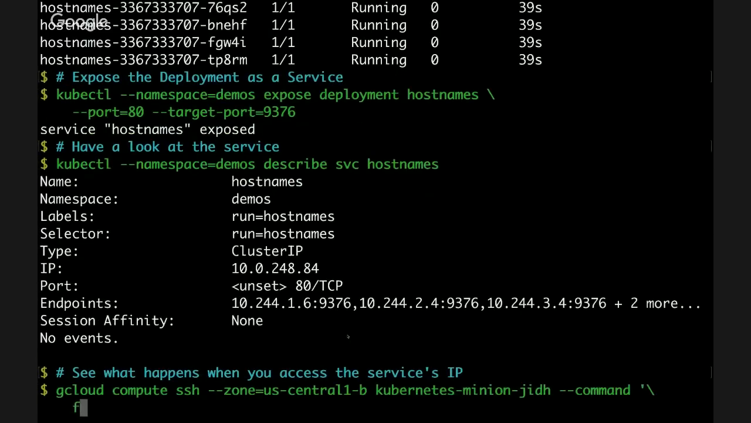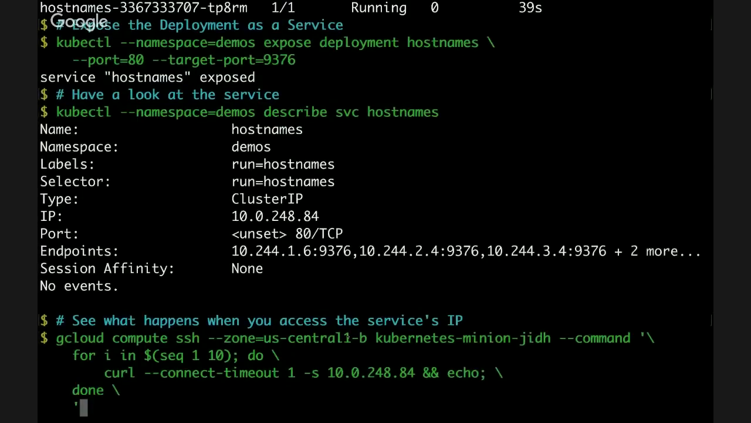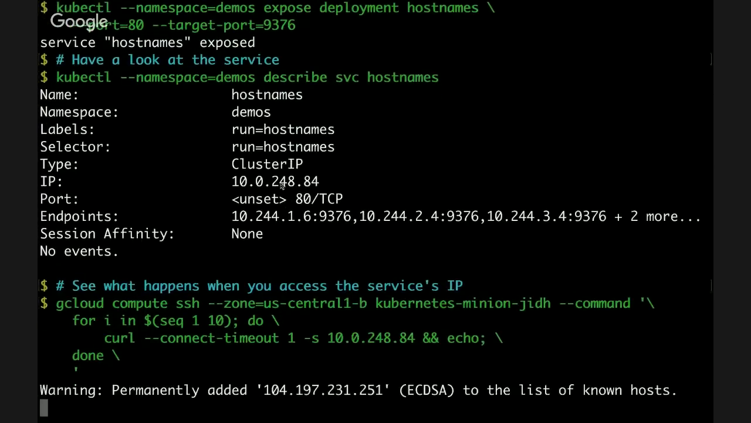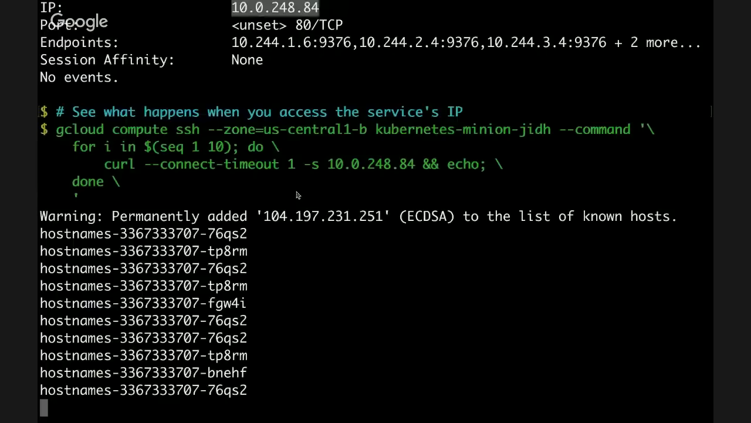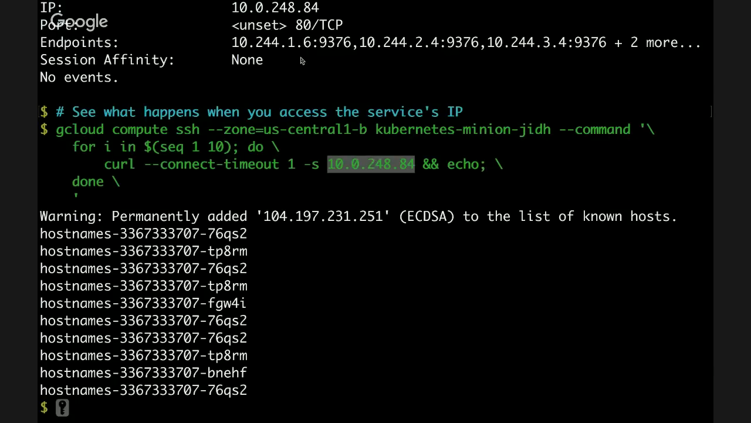So next, we're going to access the service IP. We have the IP of the service, and then we log on to my GCE compute. This is a Kubernetes minion, one of my Kubernetes nodes in the cluster. On the node, we execute a command, which is just curl the service IP 10 times, and see the result. And you can see you have 10